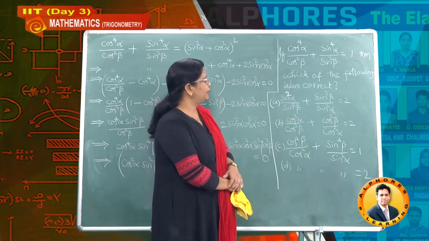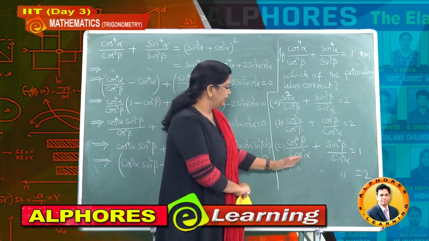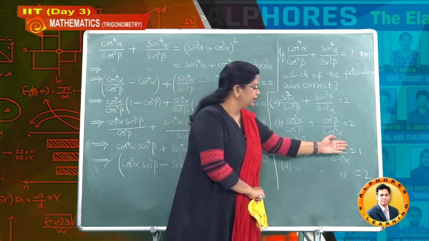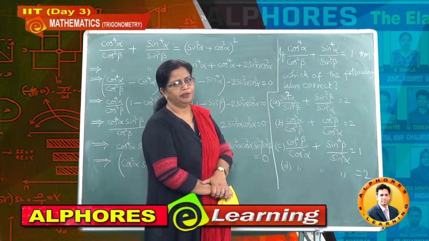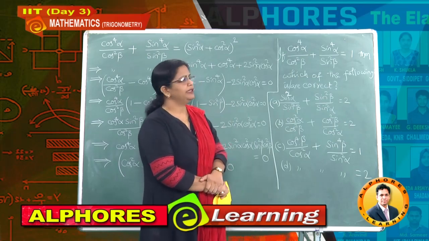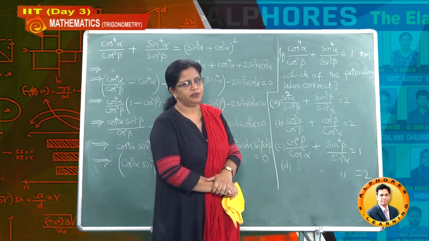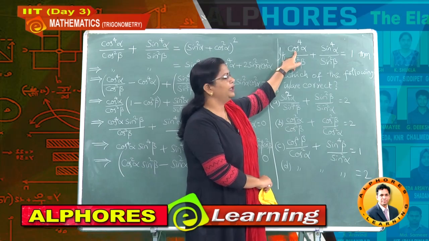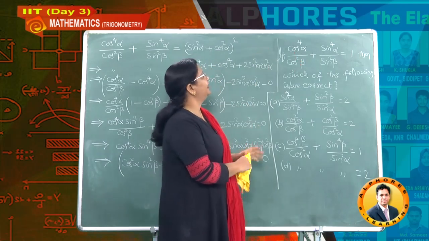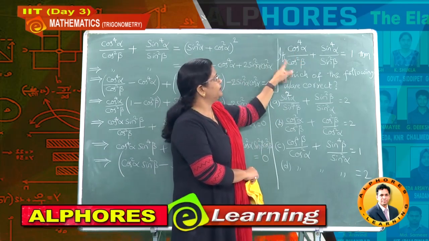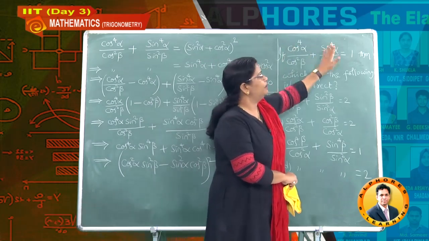Now how are the 4 options? Here both are sine, both are cos, and here cos and sine are given, and here again the same value, but here it is 1 given, here it is 2 given. Then how to proceed with this problem? One of the methods I can tell you easily: suppose I substitute alpha equal to beta equal to 45 degrees, then what will happen? 1 by root 2 whole to the power of 4. Root 2 whole power 4 means the value is 1 by 4 and this is 1 by 2. So you will get here 1 by 2. The same way here 1 by 2.